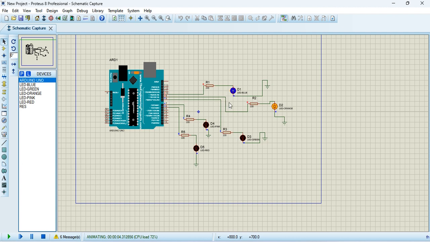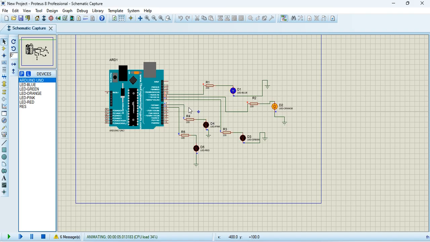Now only the 10th and 9th pin LEDs are getting turned on. As I mentioned in the code, I am setting the 10th and 9th pins as high. High means the LEDs are getting turned on. This is to check that all the LEDs are working properly, and that I have connected the correct analog pins to those LEDs. So now only the 10th and 9th pins are turned on, and after some time